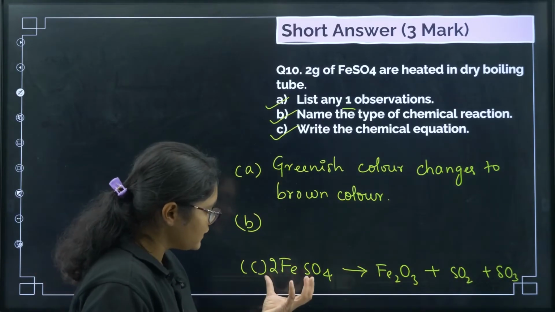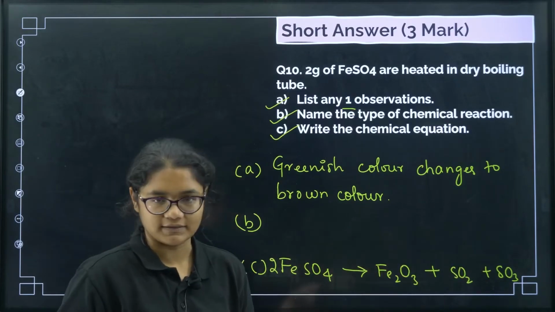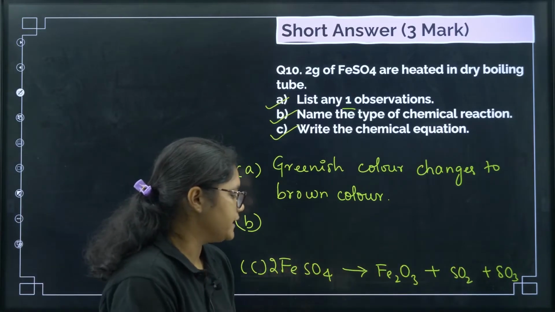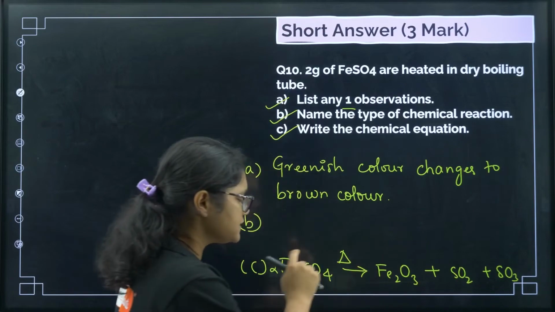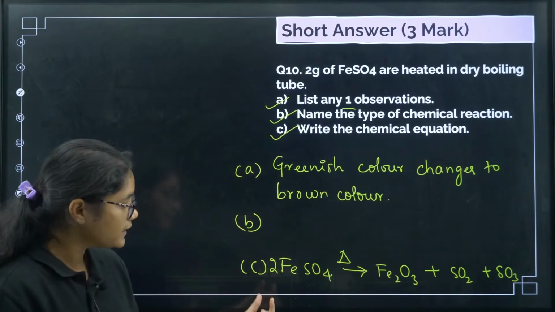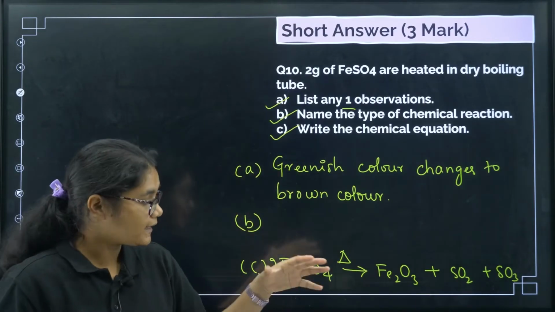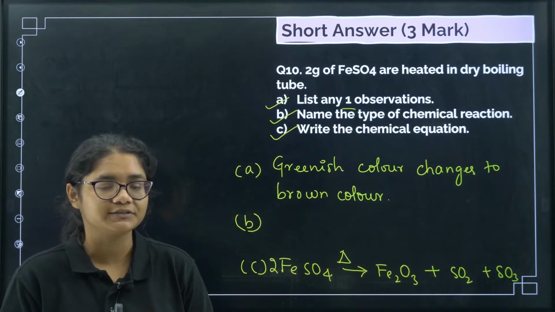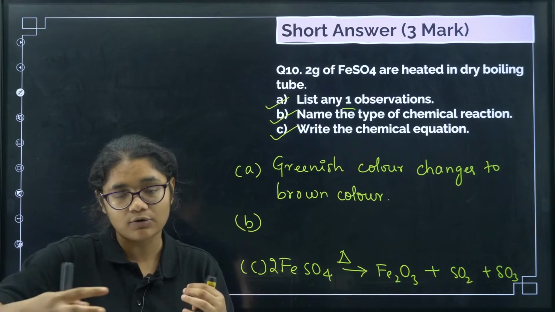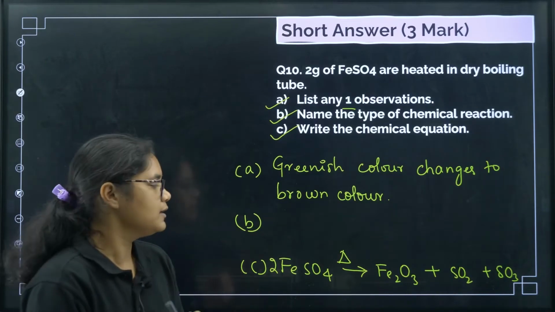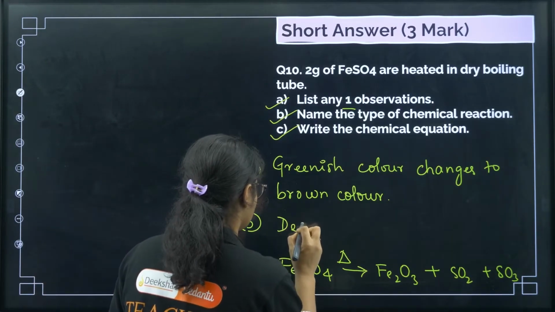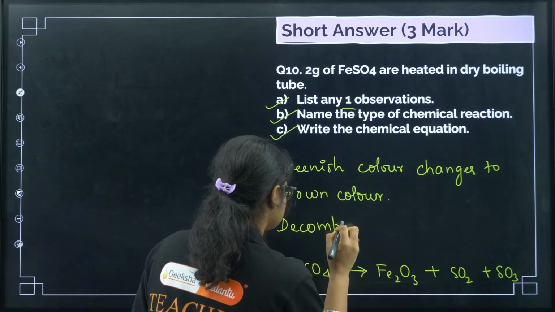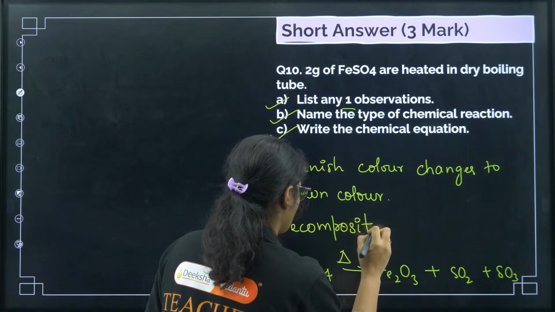Now you see a single compound is giving you many products here, right? A single compound when heated, this is a symbol used for heat. So when a single compound is heated, we are getting 3 different products formed here. So what we can say is this type of reaction, when a single compound breaks down to many other products, this is called a decomposition reaction. So what type of reaction is this? Decomposition